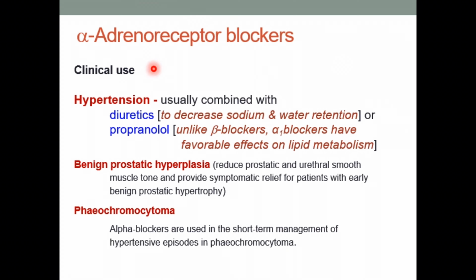Okay, clinical use. Of course, we've already covered this. This is used in hypertension. It can be combined with diuretics. The action is different: the alpha blockers vasodilate to reduce the total peripheral resistance, whereas the diuretic reduces the volume by reducing sodium and water retention. Or it can also be combined with a beta blocker. We'll cover this later. Beta blockers like propranolol are good,